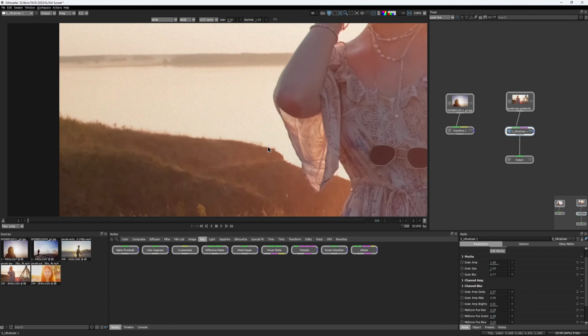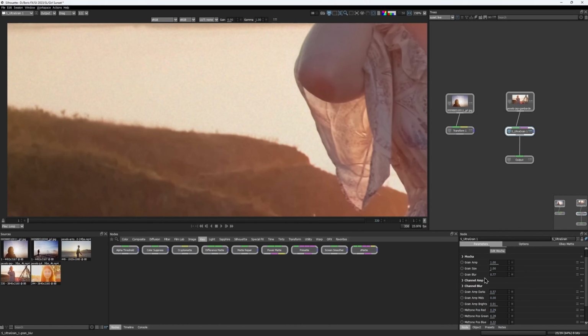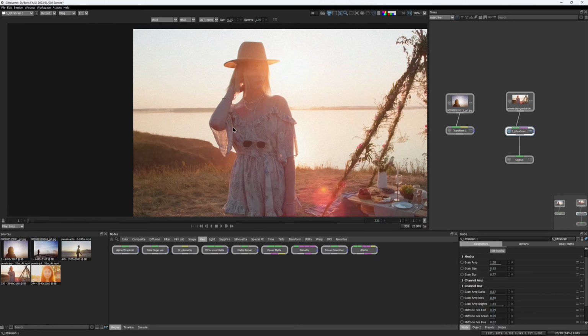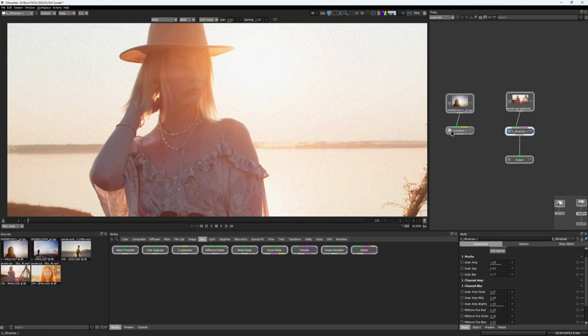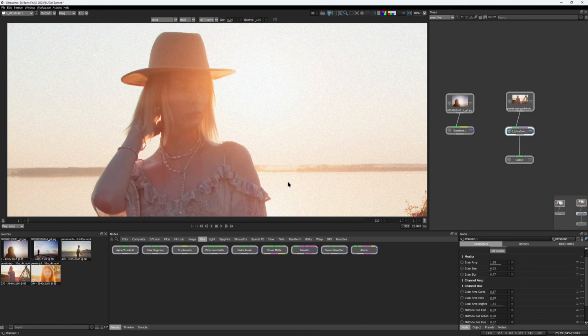Now let's tweak the mids. Again, I would be comparing to this shoulder area. So the grain in our mids should be pronounced, but not as much as in the highlights. I'm slowly cranking that up until I reach the desired amount. Overall, both images are looking pretty close to each other now. Let's see how that looks in motion.